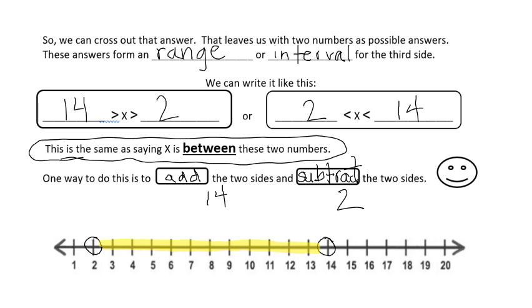So we don't really have to go through that process of writing out the three inequalities, thankfully, because if we add the two sides, we'll get the upper part of the range, which is here, and if we subtract the two sides, we'll get the lower part of the range, which is here,